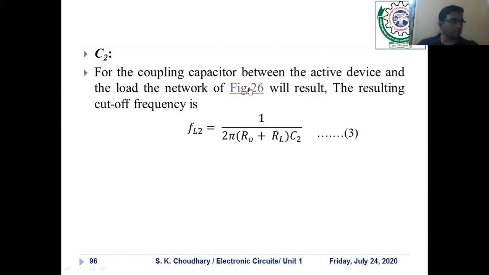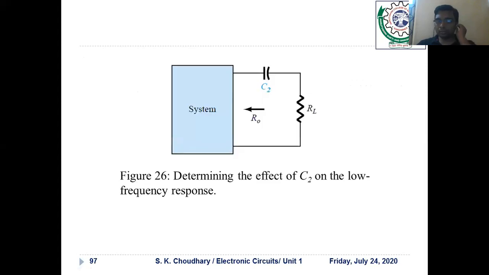So what is the resulting network? This is the resulting network at the output side. So in this output network, if you see the effect of C2, this coupling capacitor C2